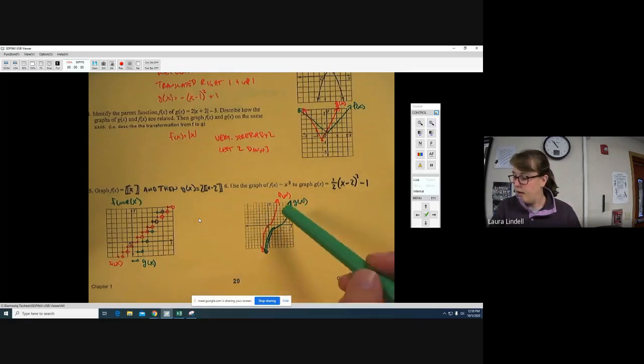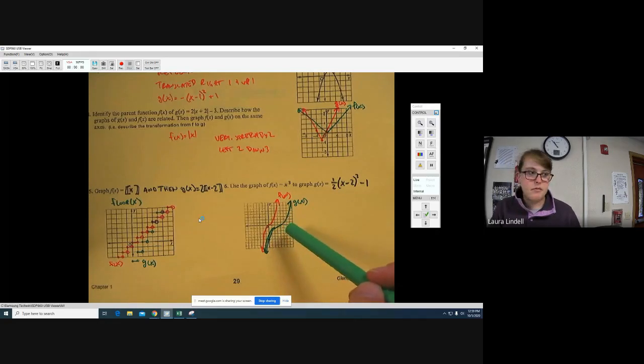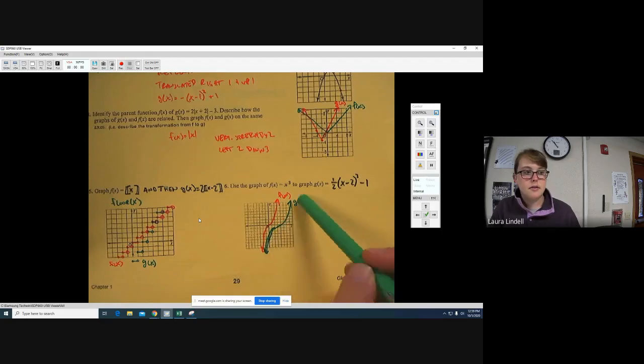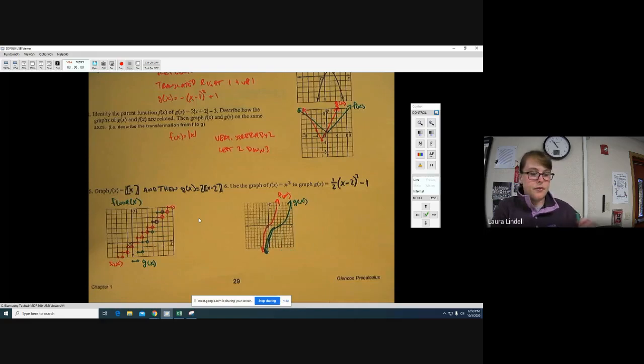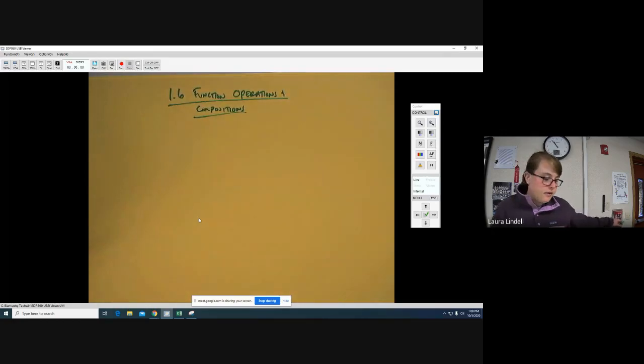Then this one here, the original cubic f of x is the pink. And then the green has been moved to the right 2 and down 1 and also vertically compressed. So it should now look like this about. Anyway, those are the answers to the worksheet. If there's a particular one that you missed, maybe go back to it and try to figure out what went wrong there, or ask questions later if you have them. But yeah, okay. So back to